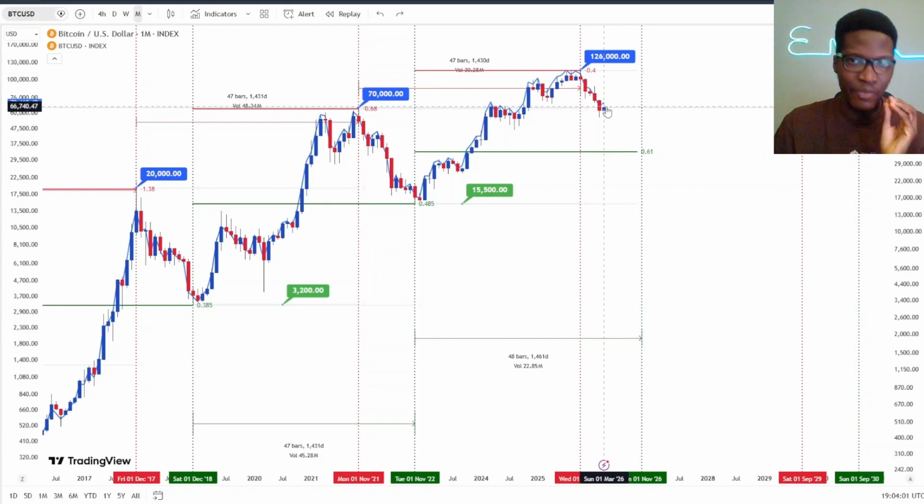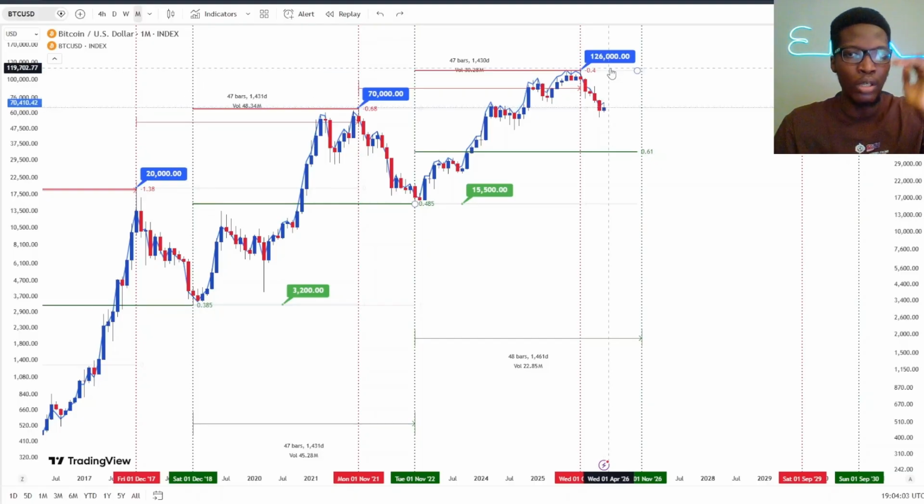For this to be invalid, we need to create a new all-time high in 2026. So once we don't have a new all-time high in 2026, I expect Bitcoin USD to go lower. As of now, we are at 70,400 from 126,000. So yes, these are the 4 reasons. These are my contingency plans. Unless we go higher than 126,000, I'm still short this.